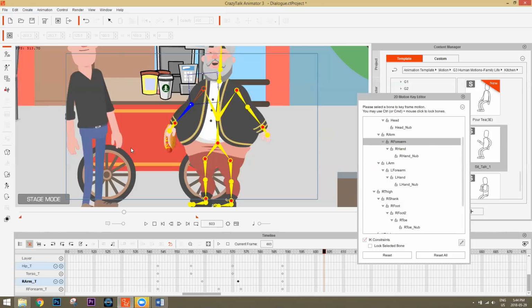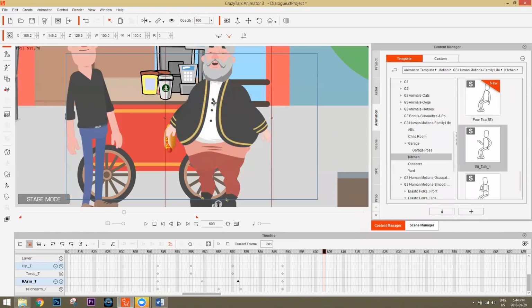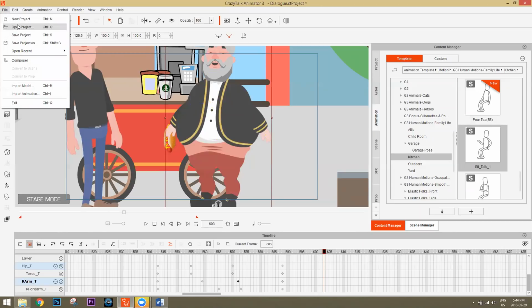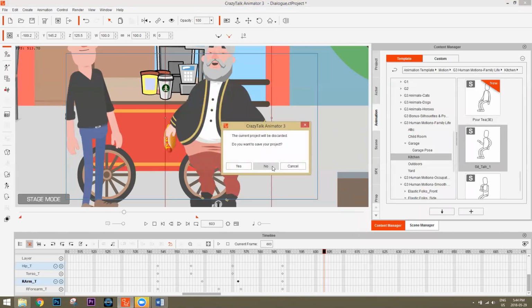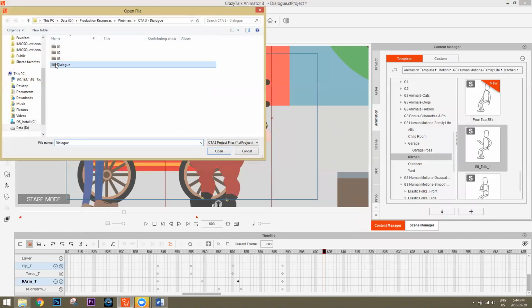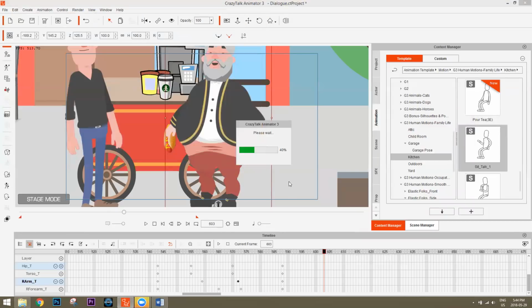So pretty simple stuff. But what I want to focus on more right now, and I think a lot of people want to know, is when he brings out that gun, how does he bring out the gun? And also how does he take a sip of the Starbucks cup that's sitting here? It's all visual trickery. I'm actually going to open up the project here, and I'll deconstruct it for you, and I'll show you how to do it.